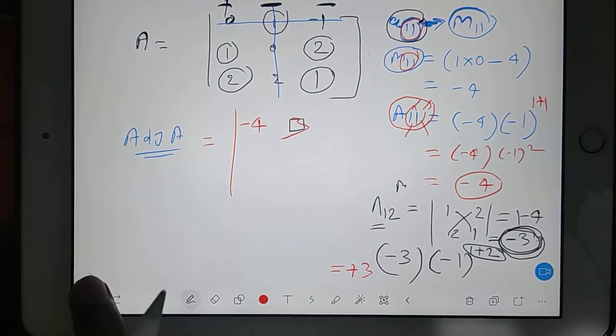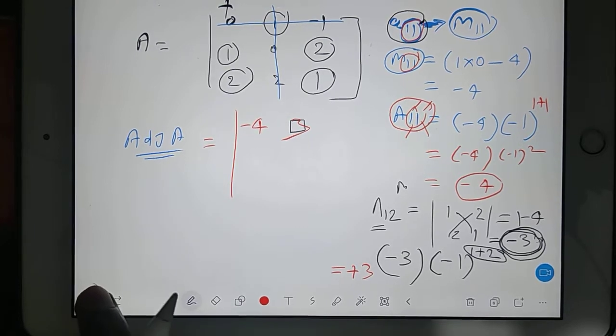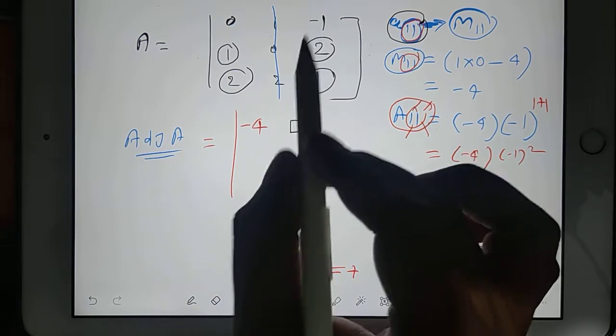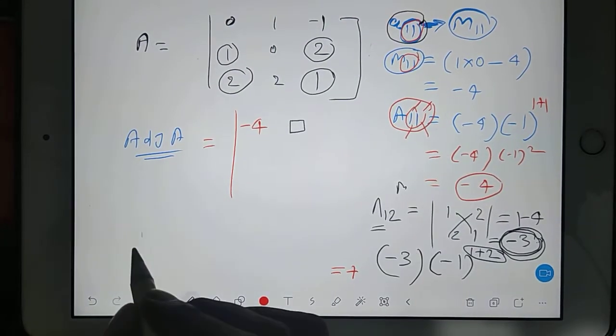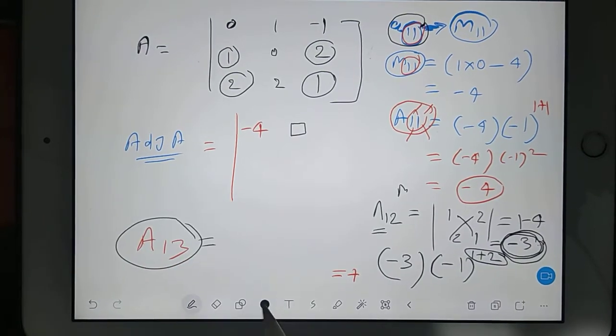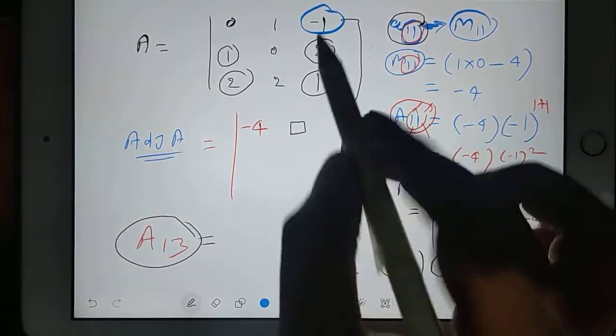So now see, we can do this minus 1 very fast, but I have to erase some. Okay, I'm erasing fast. Tell me guys how much you are getting for minus 1. Let's go for minus 1. I mean, I want to know the value of A13. How much you are getting? Cofactor value I want to know for A13. A13 means for this.